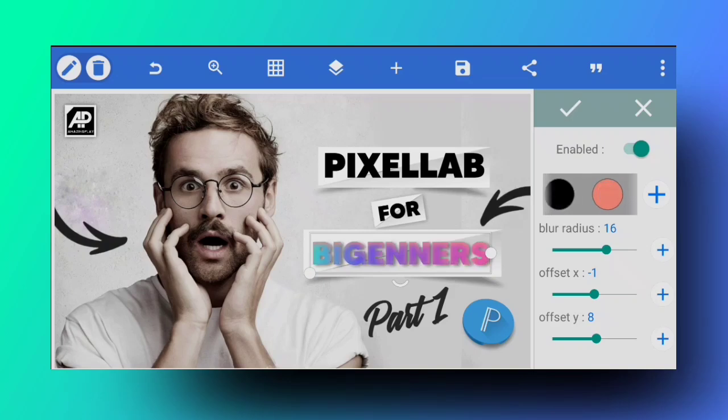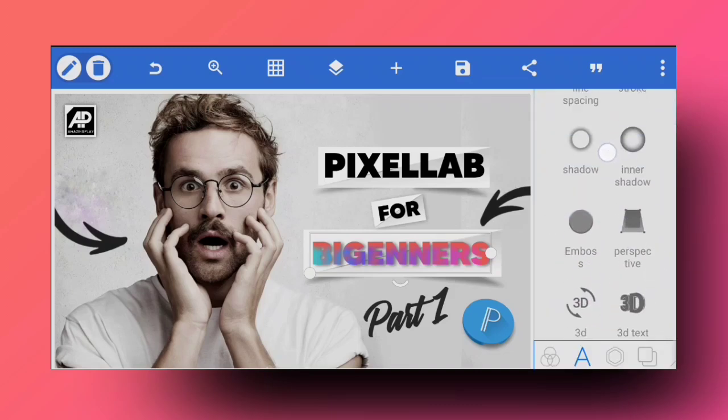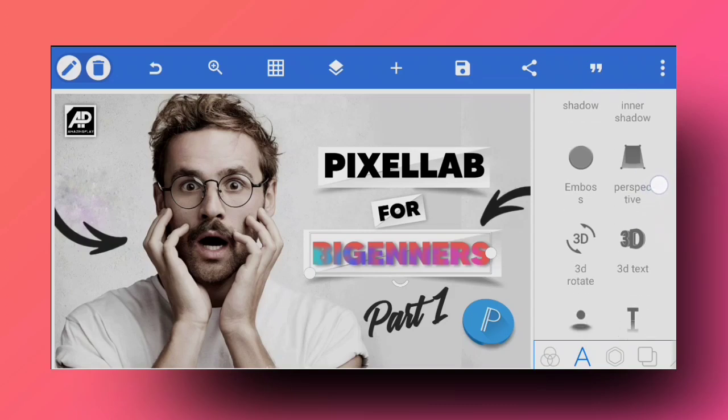You can also change the color of your shadow, how you want it to look. You can make it the way you want, and you can change the way it looks with these two sliders as well. Once that is done, for these two shadows, I recommend that you go and look at them by yourself.